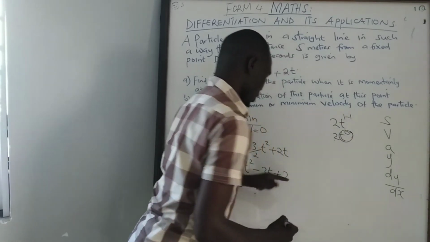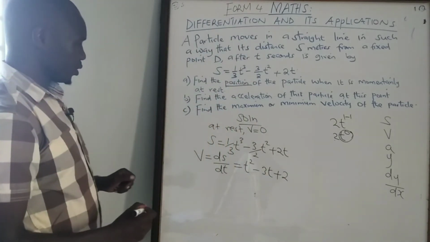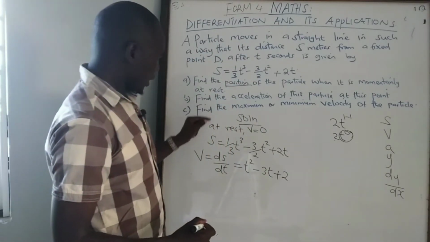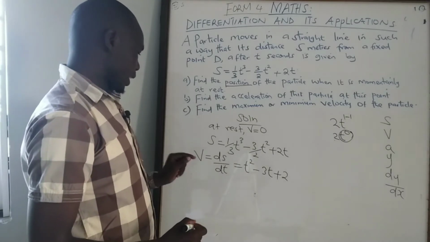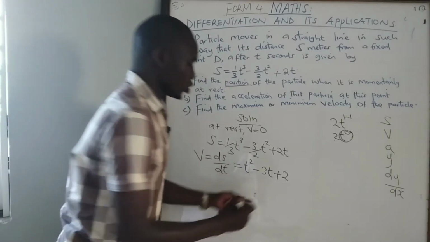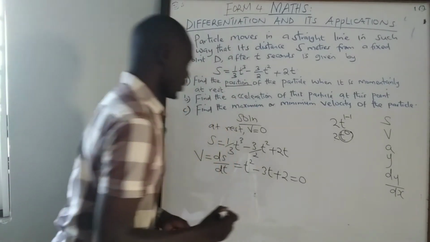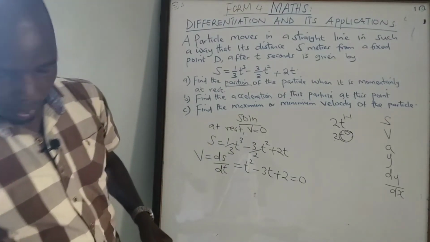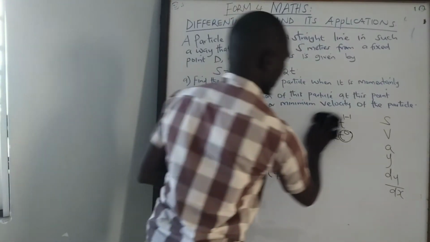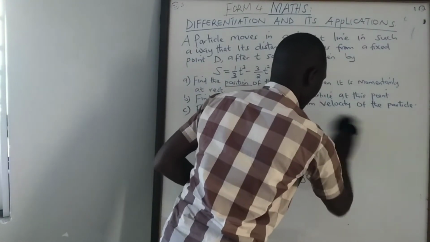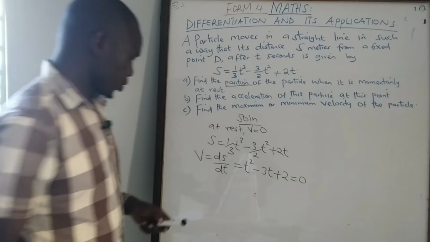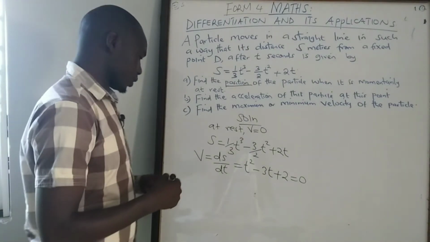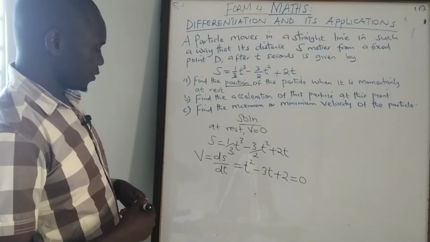1 times 2 will give you a 2. From there, we know when the particle is momentarily at rest, then the velocity is going to be equal to 0. So from there, you realize this is a quadratic function which is going to be solved using the methods we have already discussed, and I'm going to use what we call factorization to try and find the value of